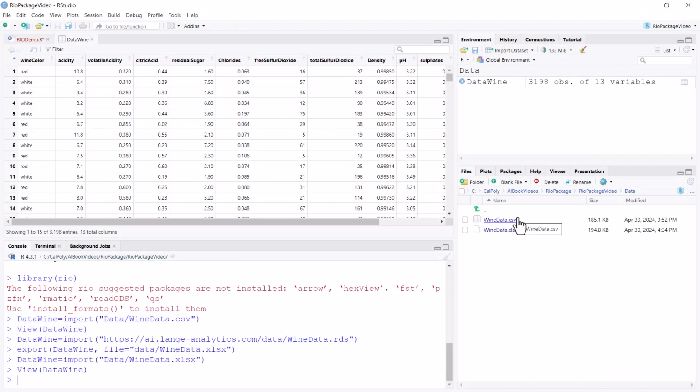I think you got an idea how easy it is to work with the RIO package and how much work it can save you searching for specific commands. I hope that helps to improve your workflow,